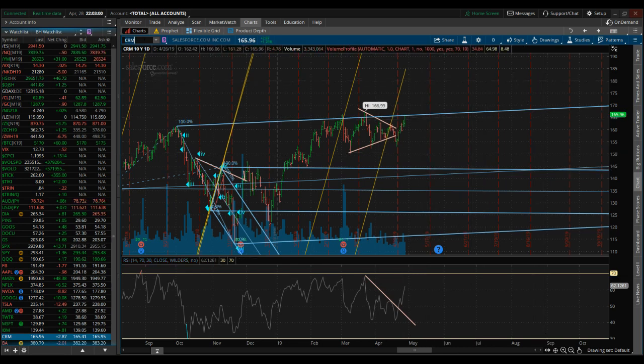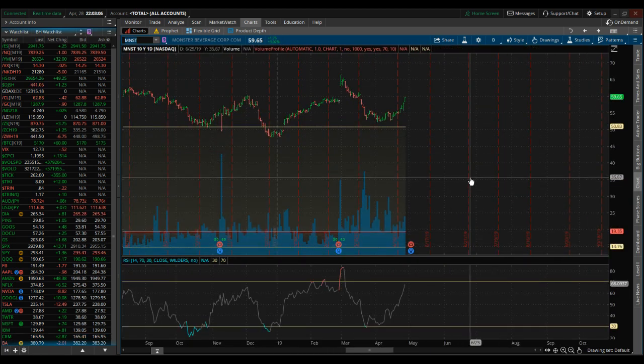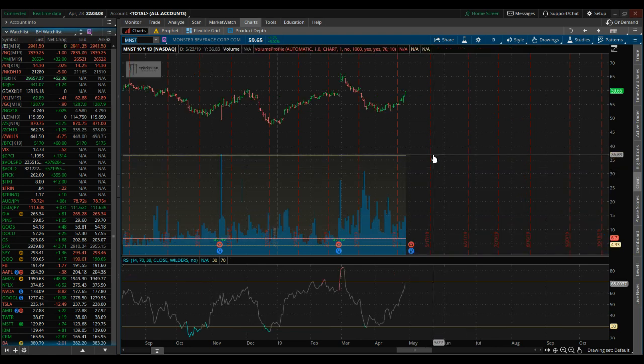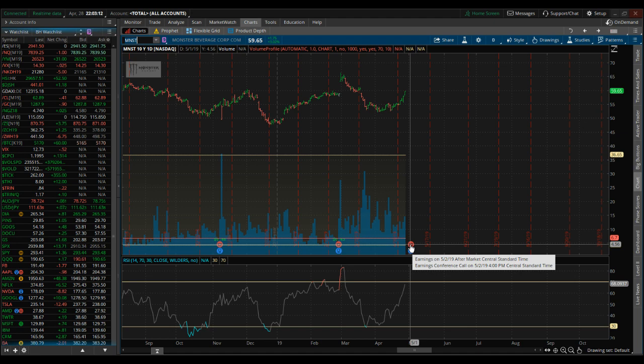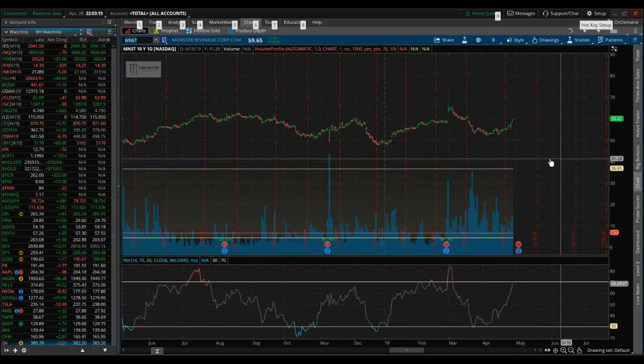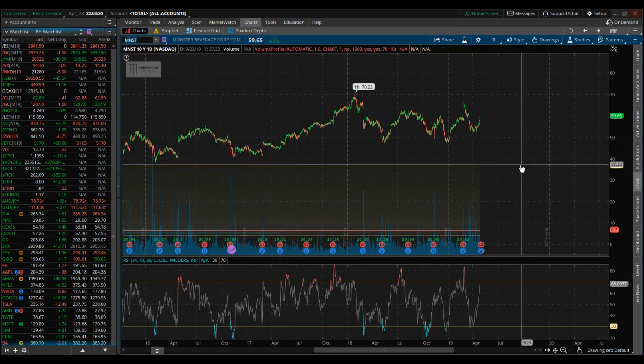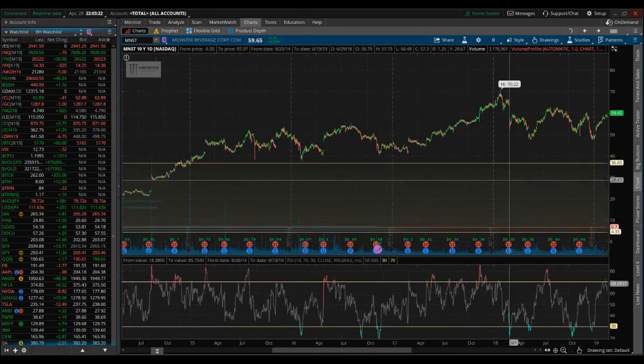So MNST. Monster. Okay, so we've got earnings coming up pretty soon on this one. In general, it's been holding up pretty well over some major volumetric levels. It hasn't touched those in a while. So at this point, what I would do is